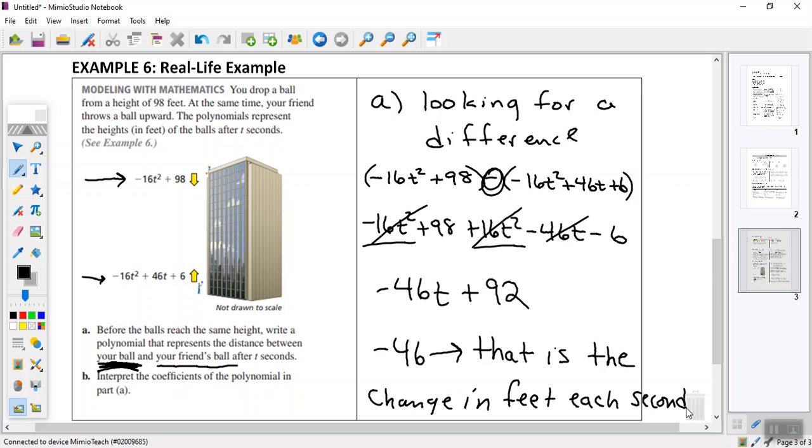Also, I like that it says not drawn to scale below the 98-foot building. And he is 2 stories tall. Hang on a second. This is not what